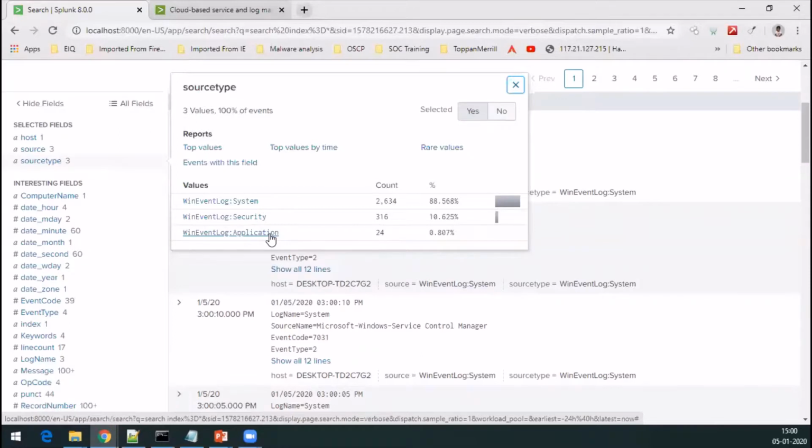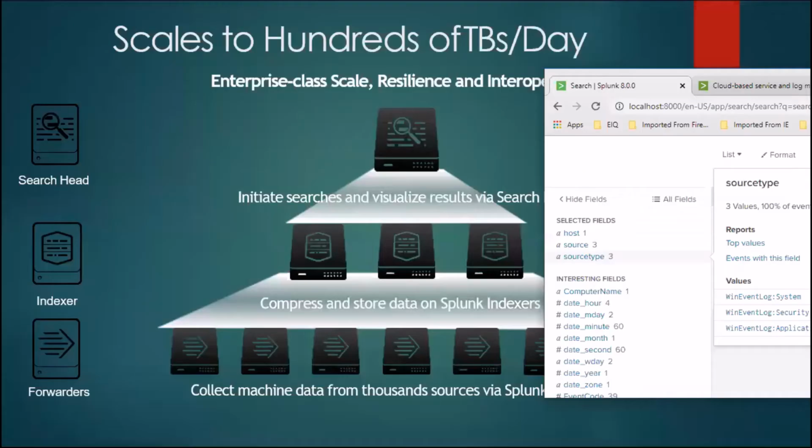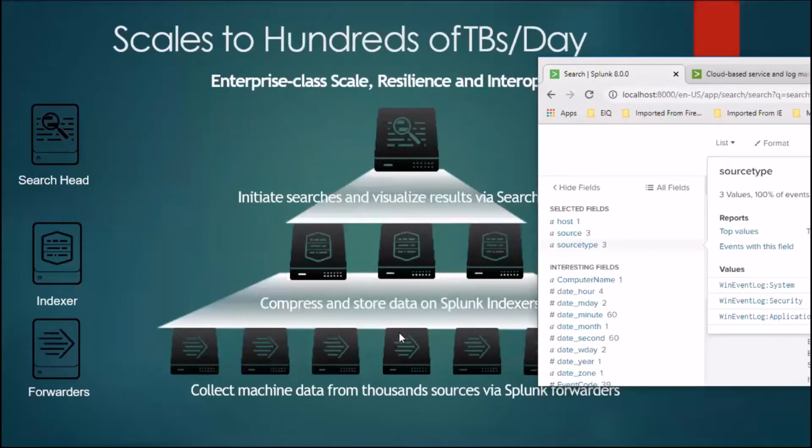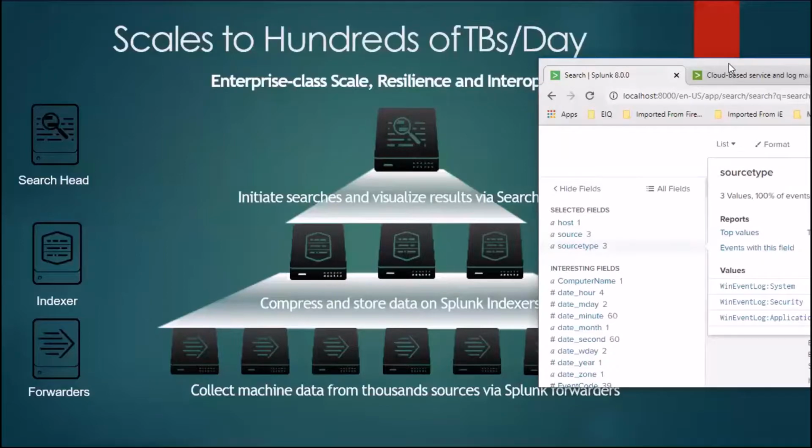So, as an example of me talking about my search head, this local instance, localhost port 8000 is my search head. My indexer is also sitting on my own machine here, and my forwarder is also sitting on my own machine here. But I can actually spread it out and make sure that it's there on other machines. It's collecting data from other machines as well, right?